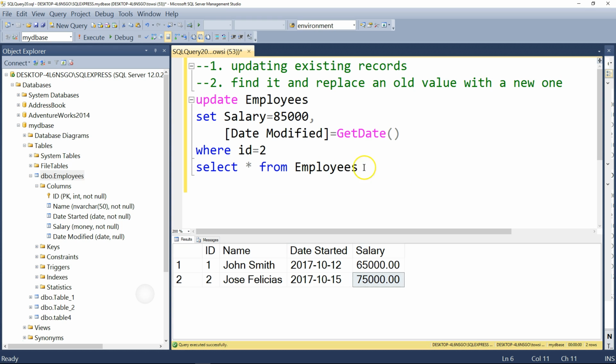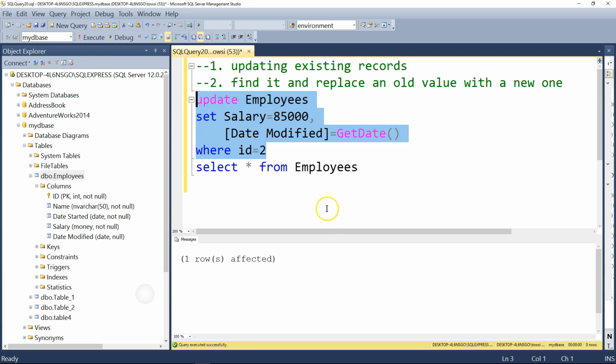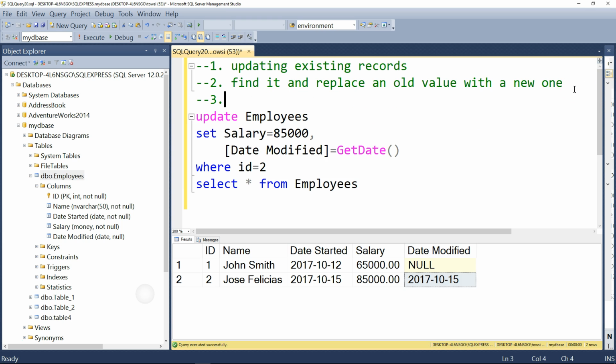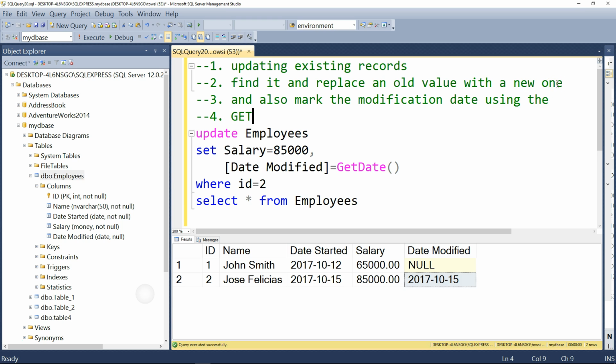All right, and now let's give this a run here. So update employees. And it says one row affected. So select star from employees. And as you can see here, we have Jose, date started. We have his new salary, and we have the date modification. Perfect. So remember, in simple English, find it and replace an old value with a new one. And in this case, we can also say, and also mark the modification date using the getDate